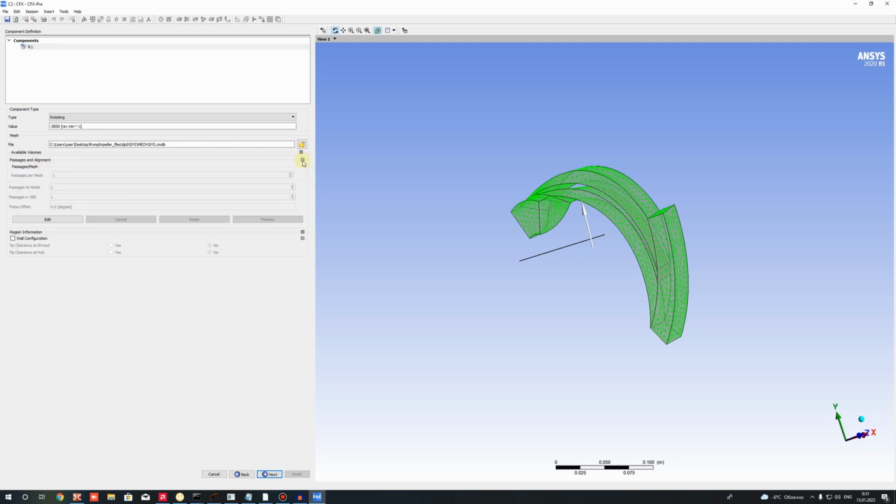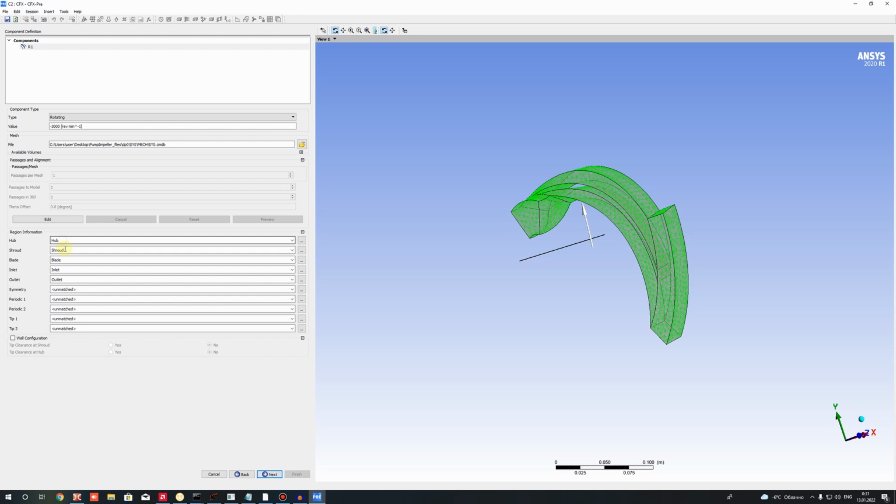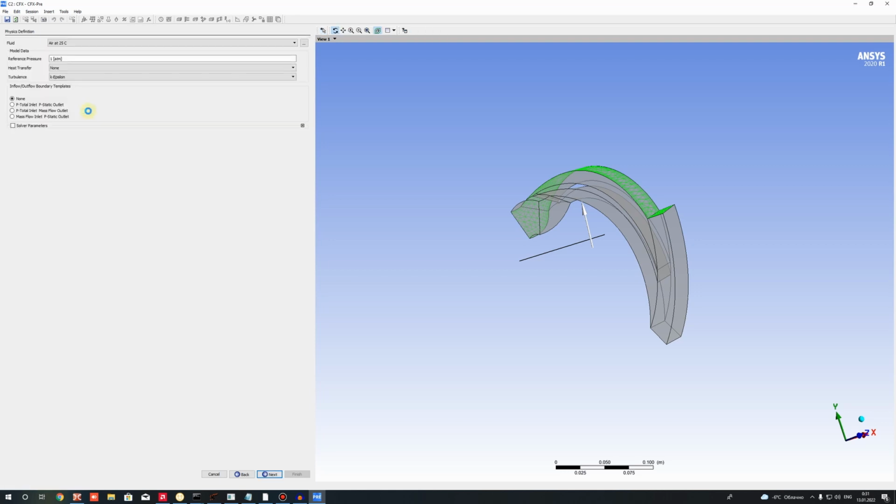Here we have some automatic region information. It's hub, shroud, plate, inlet, outlet, and for periodic we can set the pair 1 and pair 2. It will automatically create the boundary conditions here. After that, let's go to next step, and let's set up the fluid parameters. It will be just water. Reference pressure you can set 0,